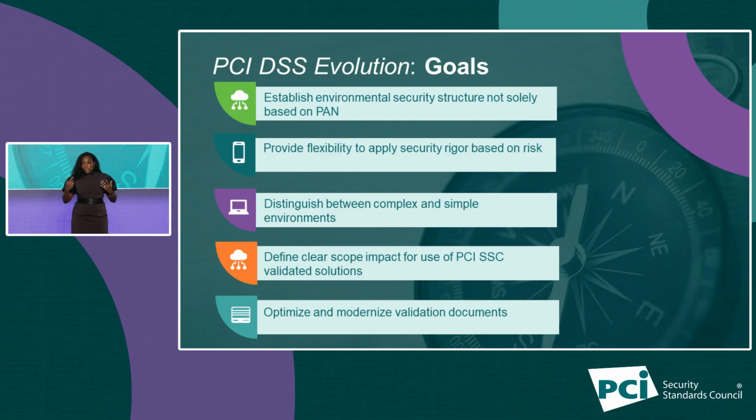And we look towards our industry stakeholders like yourselves to help us figure out how to get there. We must provide organizations with the flexibility to apply security rigor to more objective types of requirements based on their risk profile and their own environment's risk appetite. And this includes giving the organizations the ability to adapt to changing technological environments without compromising security and without significant overhead to achieve it.